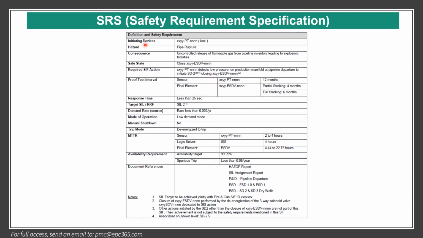For example, initiating event, what is a hazard, for example pipe rupture, what are the consequences. These are from SEAL allocation. You can see there in the action sheet of SEAL assignment or worksheet, safe status and required SIF action, proof test, and this is from SEAL verification, response time, and also mode of operation,